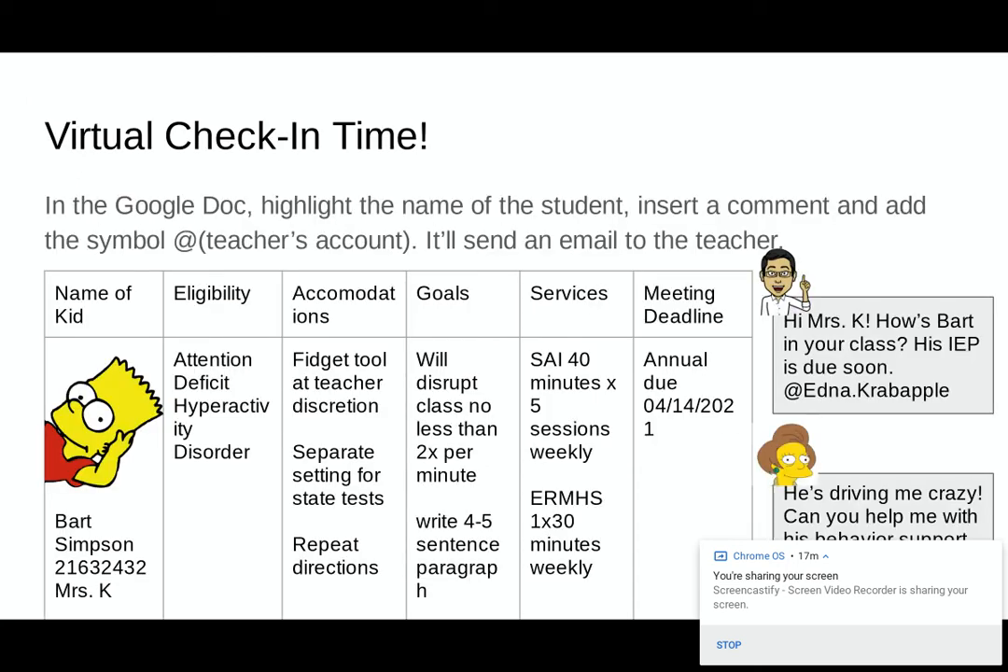So now comes the fun part. Virtual collaboration is allowing the teachers to be flexible in when they communicate with you. So when you have these documents and the kids aren't in your classroom, you can highlight the name of the student, and then on the left side of a Google Doc, you can actually insert a comment. And you can ask for a comment like, "Hi, Miss K, how's Bart in your class? His IEP is due soon." Then you hit that add button and then type the name